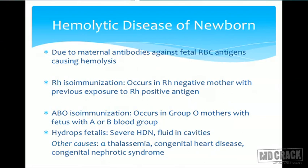Hemolytic disease in newborns. As we know, hemolysis occurring in a newborn baby can start antenatally or after birth. The underlying pathology is the maternal derived antibodies that are destroying the fetal RBCs and causing hemolytic anemia in the fetus or the newborns. There are two major varieties. First is Rh isoimmunization. It occurs in Rh negative mother with previous exposure to Rh antigen, and ABO incompatibility. It occurs usually in mothers with blood group O,